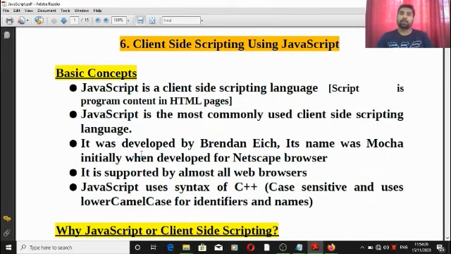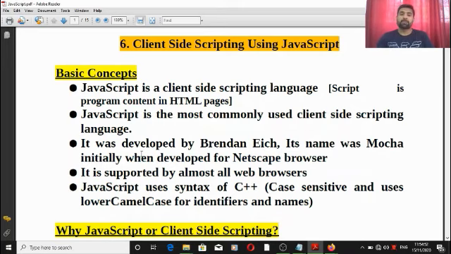And in order to execute JavaScript code, we need a JavaScript engine in a browser. We can mix JavaScript with HTML, embedding the script within HTML,